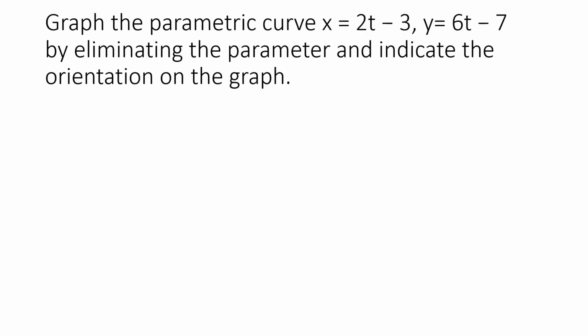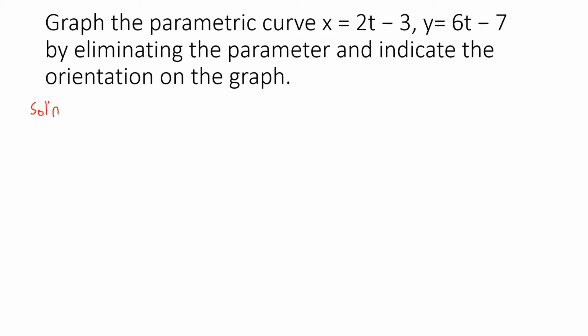So let's have this example. Graph the parametric curve x is equal to 2t minus 3, y equals 6t minus 7 by eliminating the parameter, and indicate the orientation of the graph. So for our solution in this case,